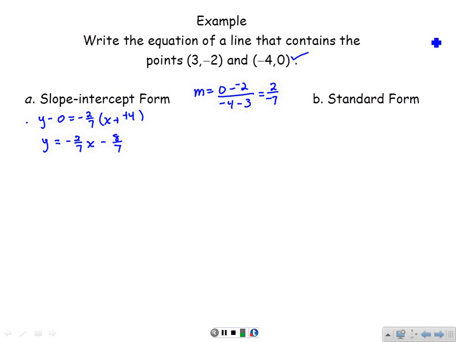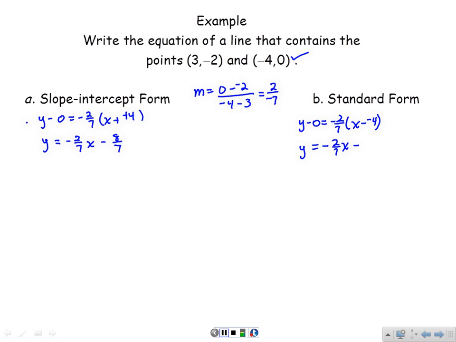Now, in slope-intercept form, we can have fractions, so those fractions are not going to matter. Okay, so for standard form, we're still going to use that point slope, so we'll have y minus 0 is equal to negative 2/7 times x minus a negative 4, so we're still going to use the same setup. And then when we distribute, the 0 is going to go away, but when we distribute, we'll have negative 2/7 x plus, well, it goes to plus, but then you have that negative, so it's going to be negative